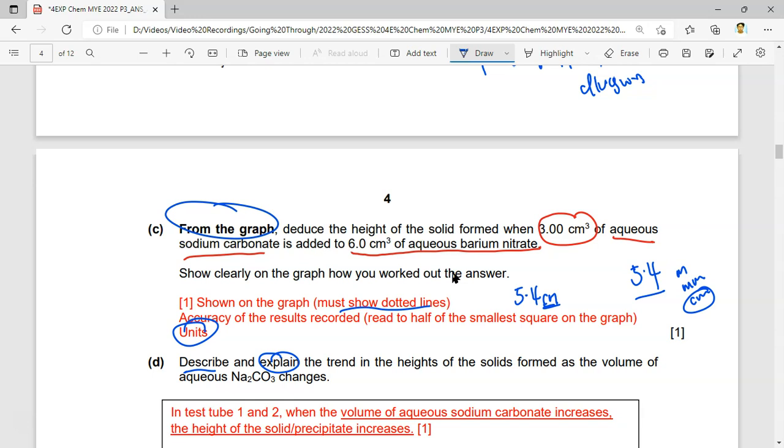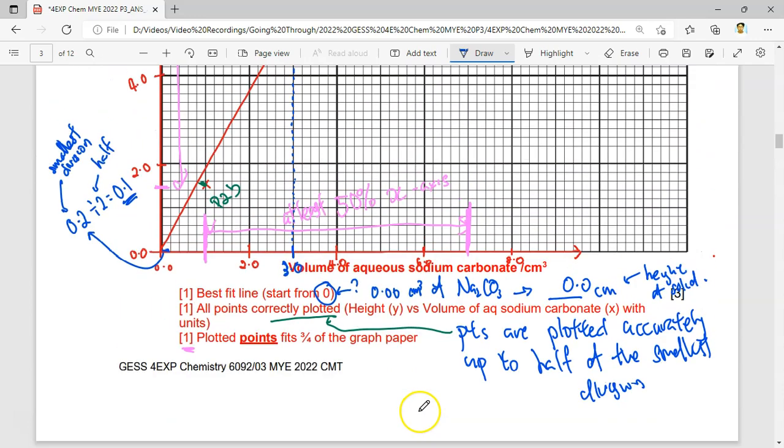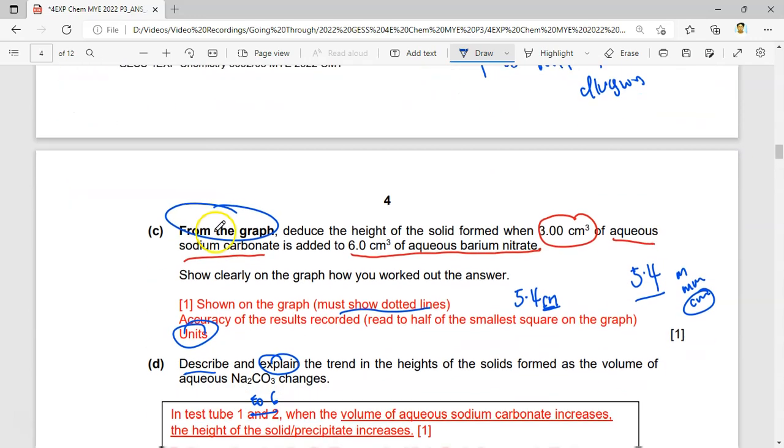You didn't explain the trend itself. So most of you are able to say from test tube 1 to 6, when the volume of aqueous sodium carbonate increases, the height of the solid or precipitate increases. Now, if you want to be even more precise, what you could actually say is, based on this,